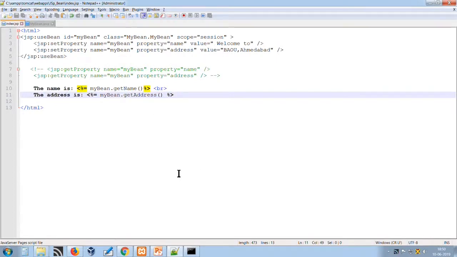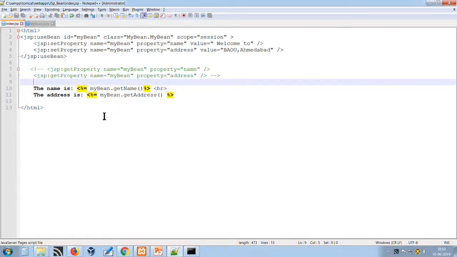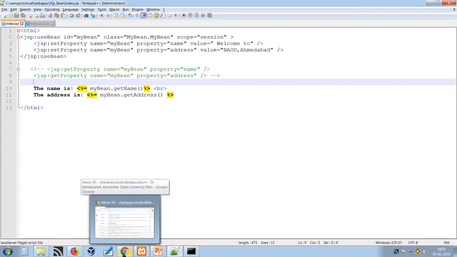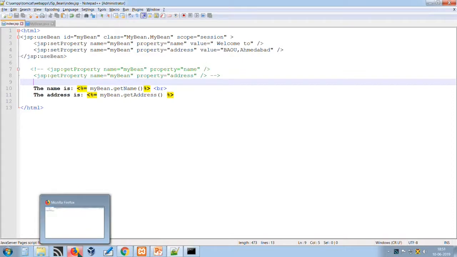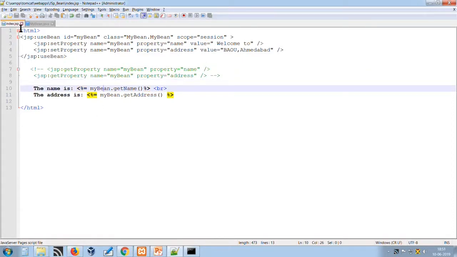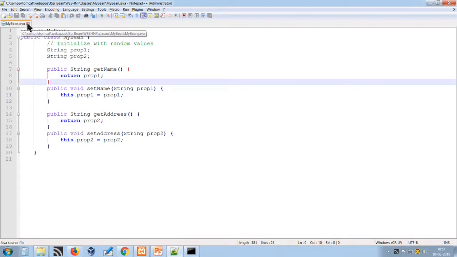So, this is the biggest difference between servlet and JSP, that whenever we are updating a JSP file, we do not need to recompile it, unless there is business logic in terms of pure Java code. If it is only dealing with the JSP tags and HTML, then we only need to save it, and it is going to be reflected immediately. This is the biggest benefit of JSP, that it does not require recompiling the file again and again. So, this is the first program of the JSP standard action useBean.